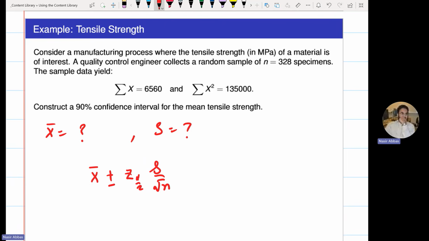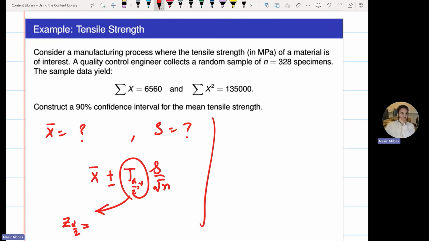Why I'm writing z alpha by 2 here and not t? Principally, there should be t here, but why am I writing z here? Because of, let me write t and then borrow it from z. So the value you will get from the z table,